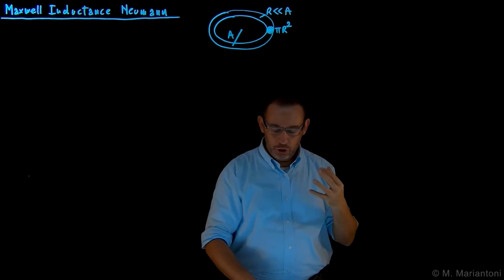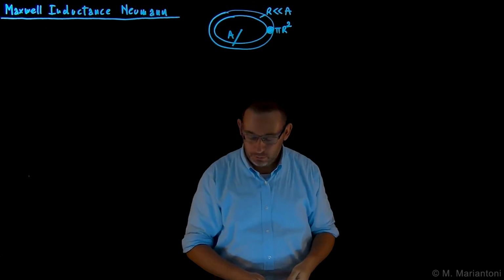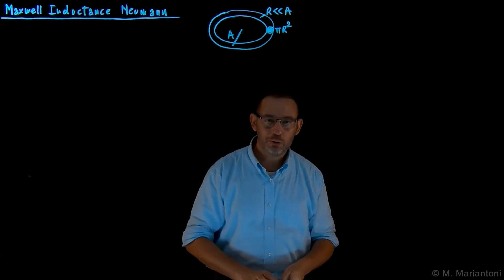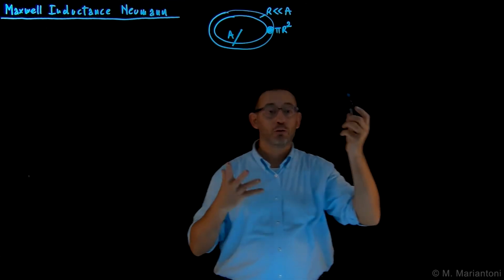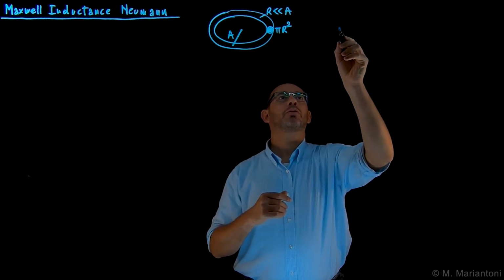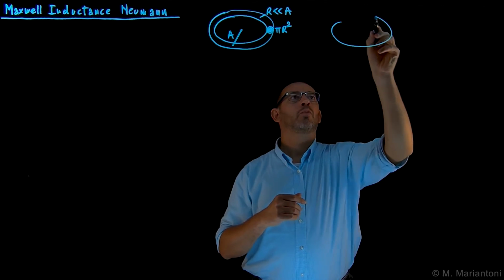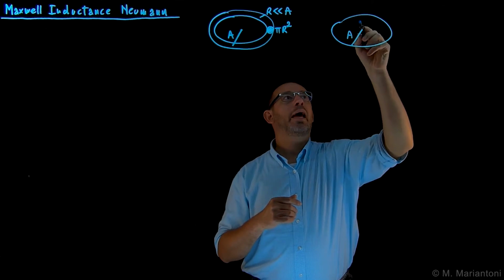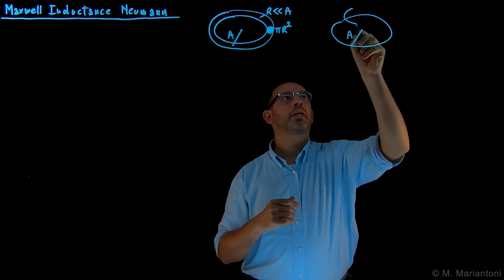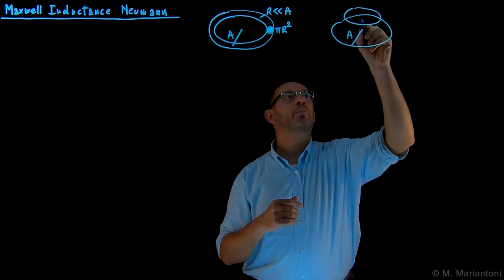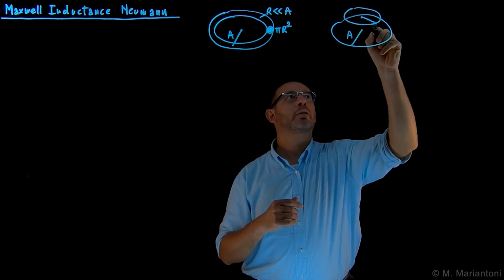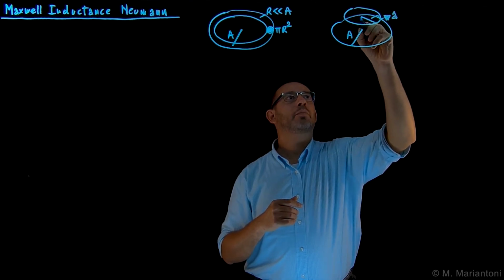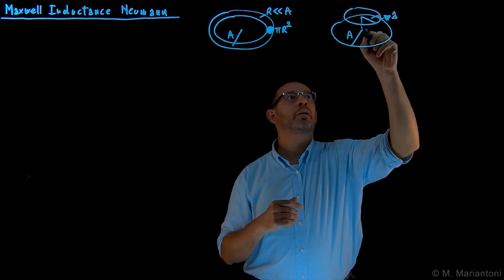What is the idea to use Neumann integrals to find the self-inductance of this object? Well, Neumann integrals are good for mutual inductances. So we are going to consider, instead of one loop, two loops. So the first loop is going to be the large one, which is going to have a radius capital A, and above it, there will be a smaller loop with radius small a. And the distance between these two loops